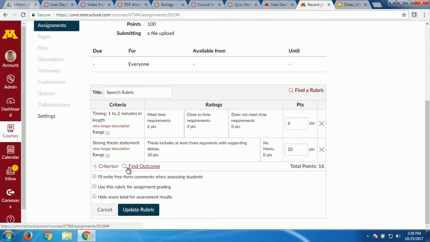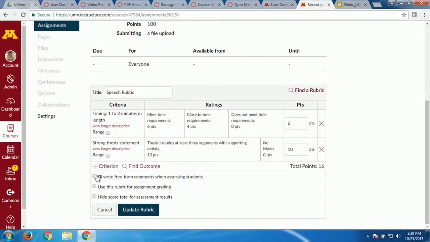And that brings us to these other options down here. I'm going to point out these options and then we'll answer questions about rubrics. So your total points will always total to the right. You want to make sure they match, or if you do extra credit, it can always total a little bit more. You can switch the type of rubric. I already showed you one way. You can make it a range of point values with that little checkbox.